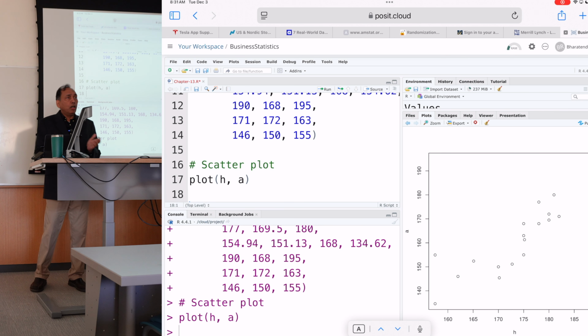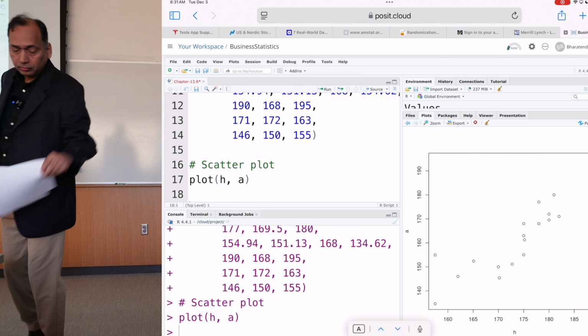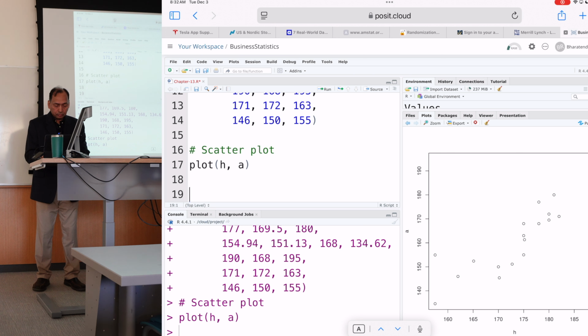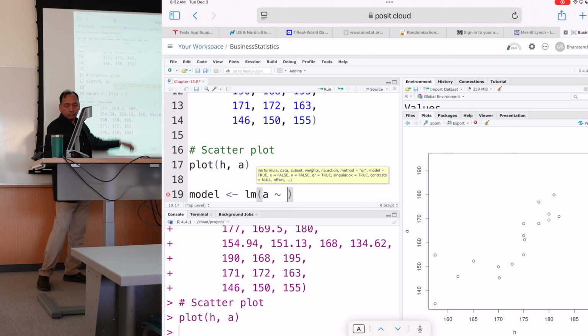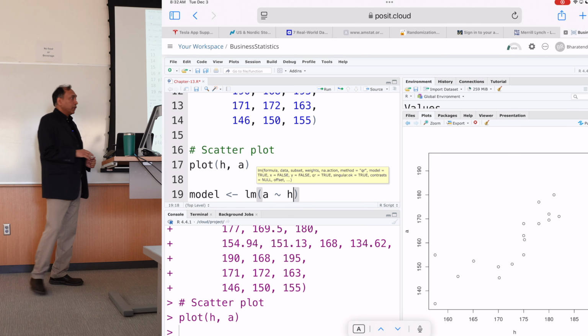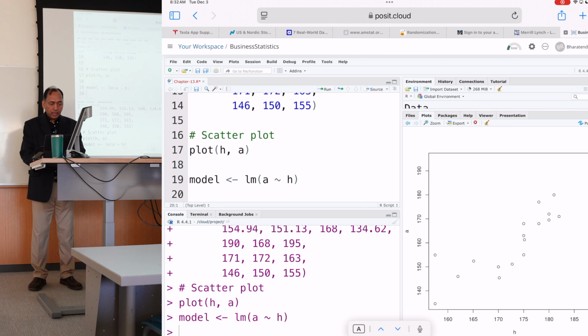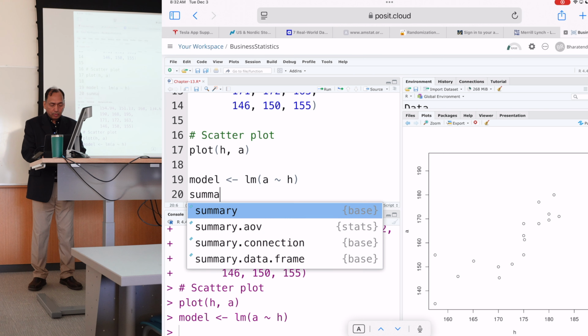So to estimate now the intercept and slope, let's call our linear regression model simply model. So we'll store results in this model, and we are going to do lm, linear model, and we are studying one variable versus the other, arm span, and then the tilde sign and h. Arm span is a function of height. So you run that, and then you do summary of the model,